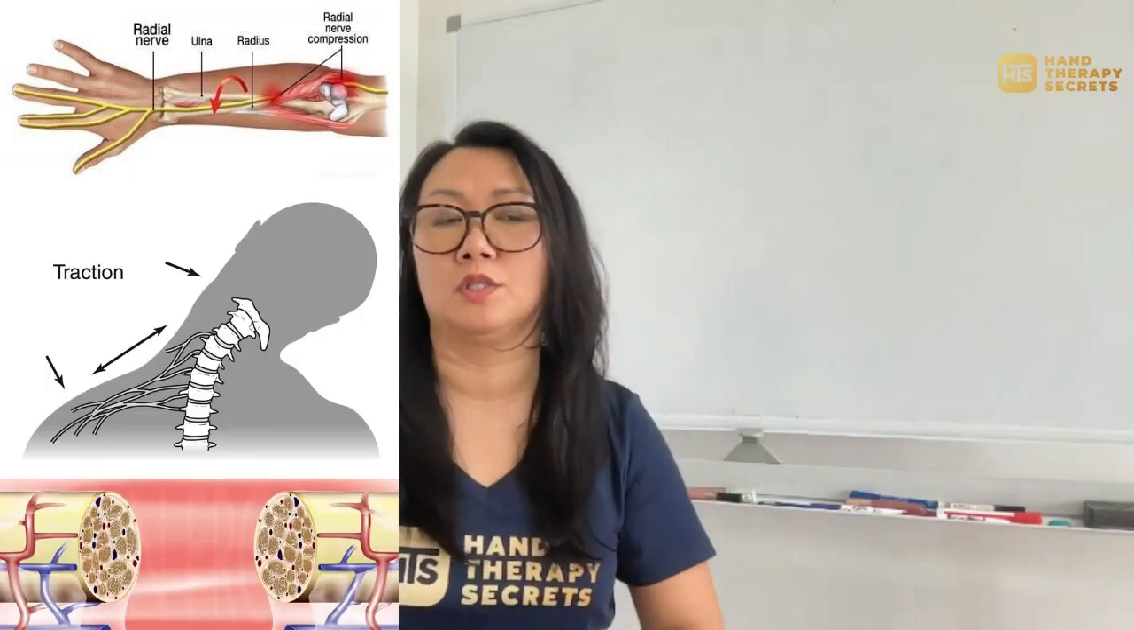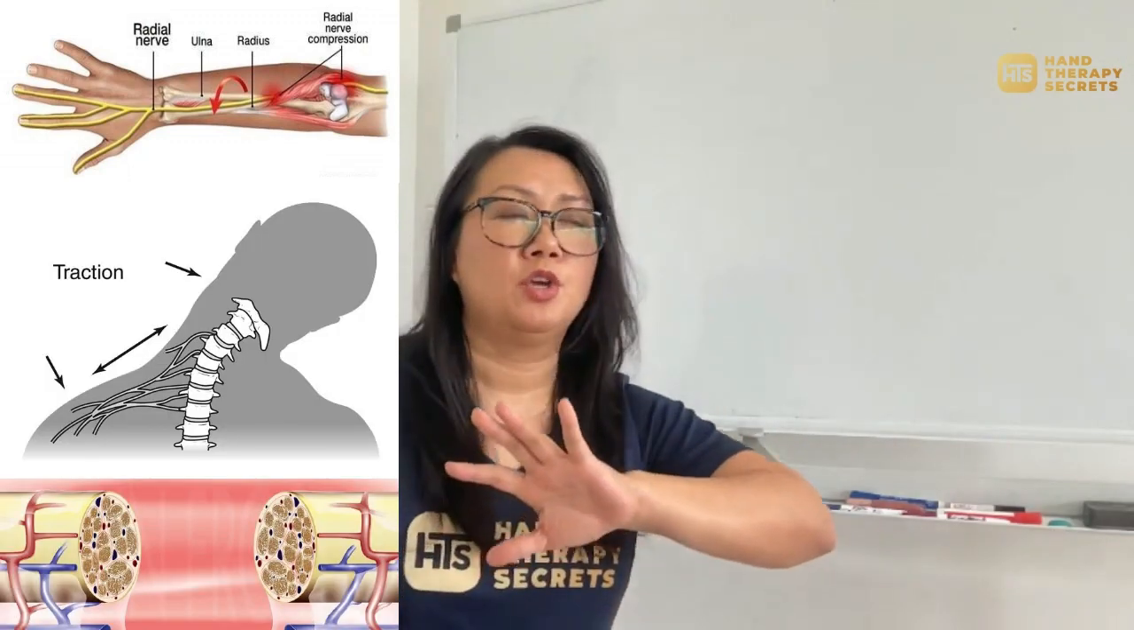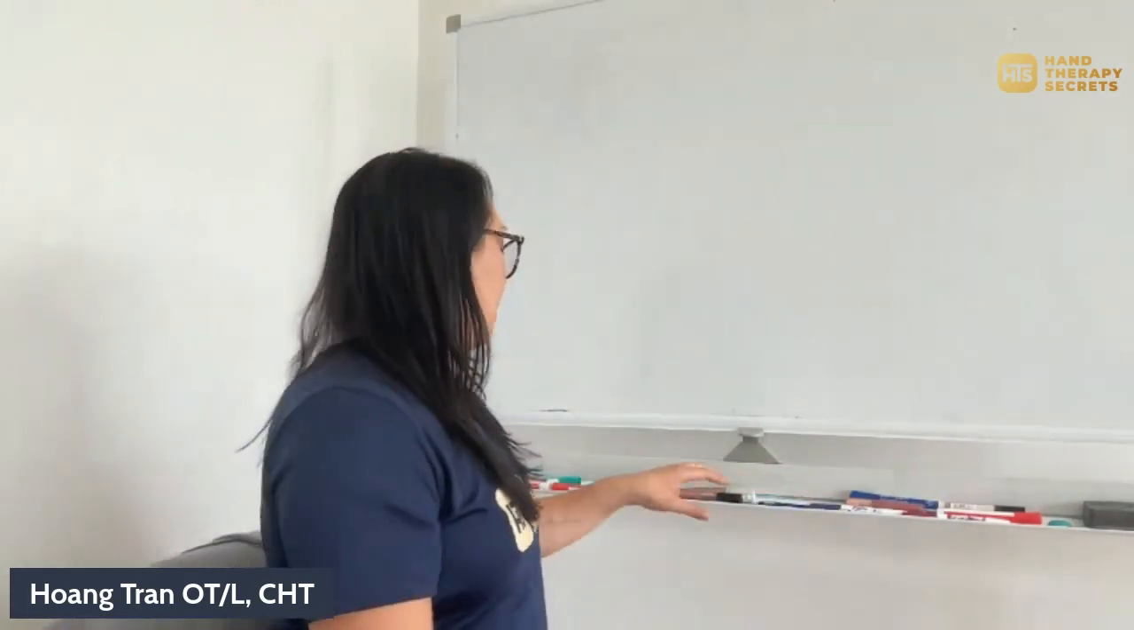Okay, so there's three types of nerve injuries, right? There's compression, traction, and lacerations. So when it comes to nerves, you can work all those things, but first it requires you to understand what the nerves are and what they do, right? And so if we think about it,